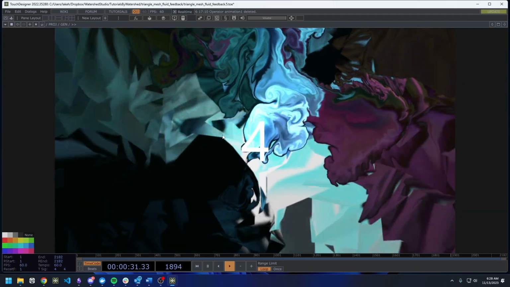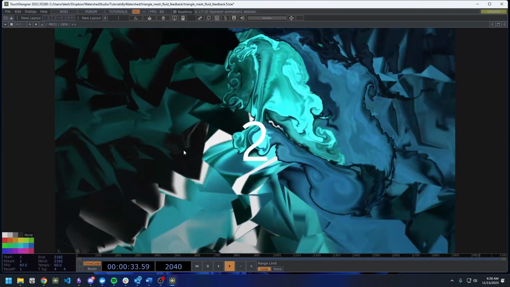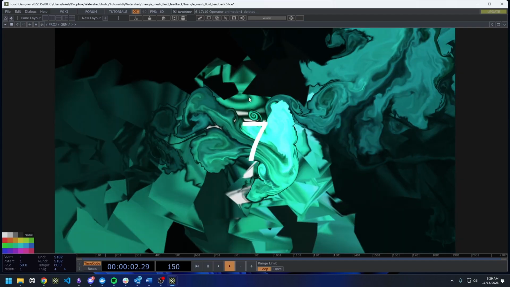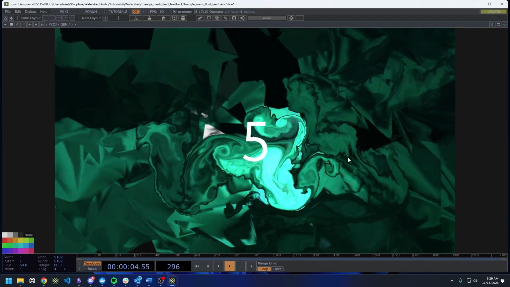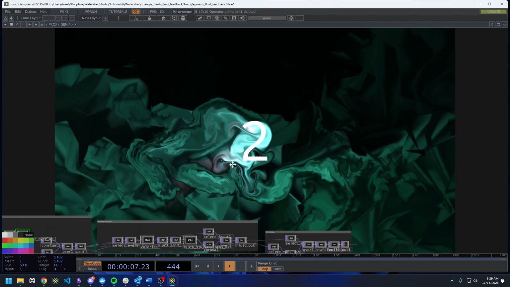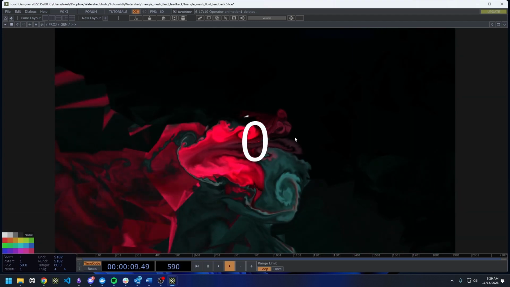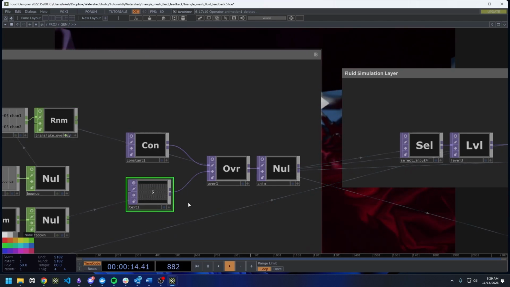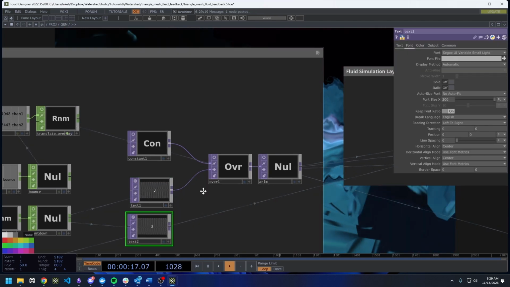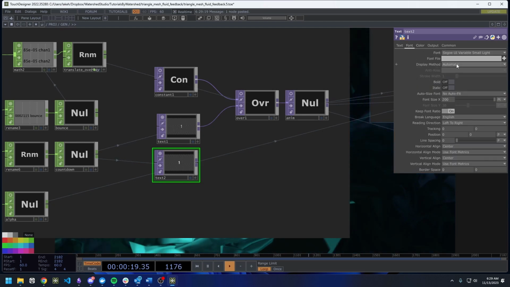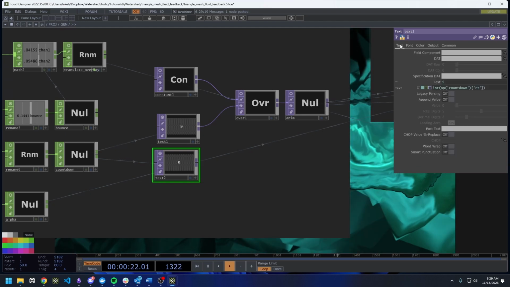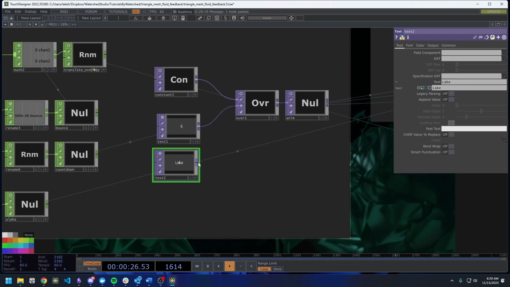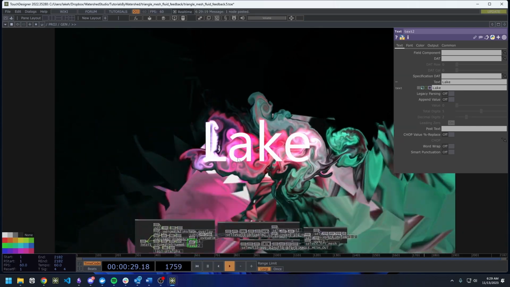Now, the other thing that I'm sure you've noticed is this countdown that's bouncing around in the middle and kind of generating this fluid. That bouncing is, again, something that we'll look at easily animating. It's super simple, but really that text is meant to be anything. So we had a text here, but, oops, there we go, text. It could be anything, so we can just replace this with lake, for example,